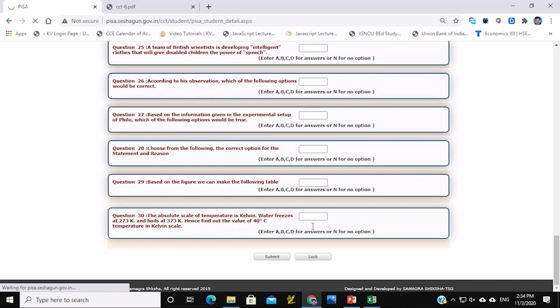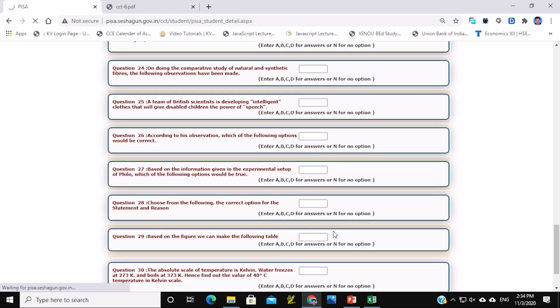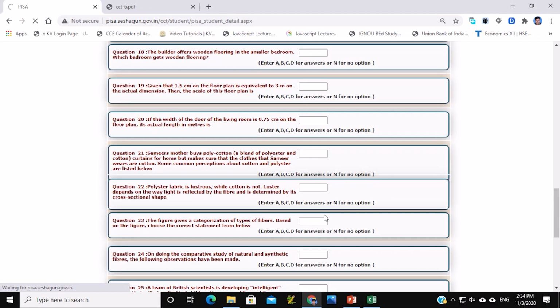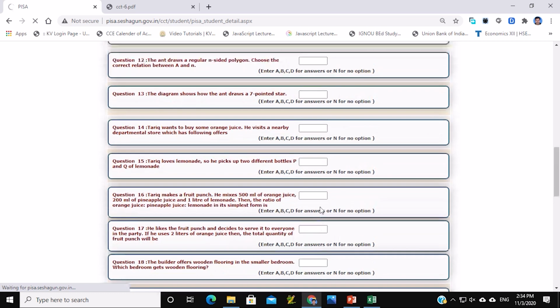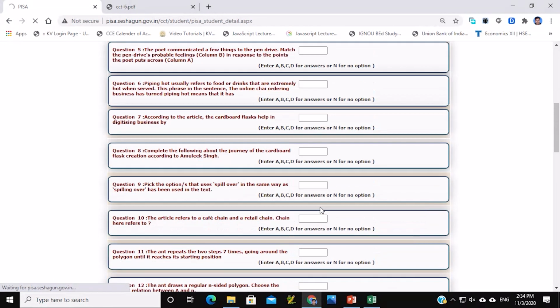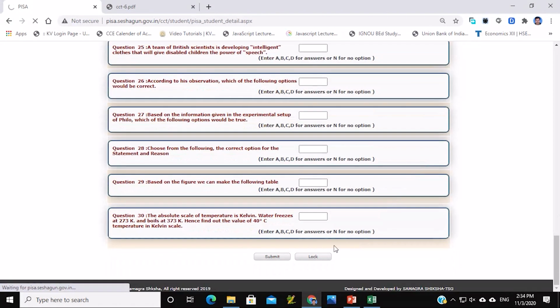After entering ABCD options, we will click on submit. After submitting, it will only save. If at all we want to change any answer, we can change it, okay. And then finally we will click on the lock. Once we click on the lock, no more changes can be done. It will be evaluated and you will get the result, okay. So that is the complete procedure.